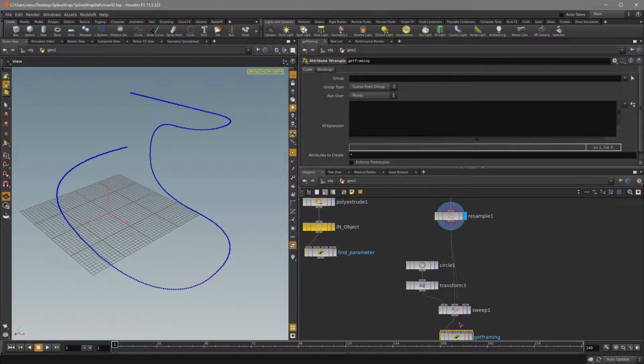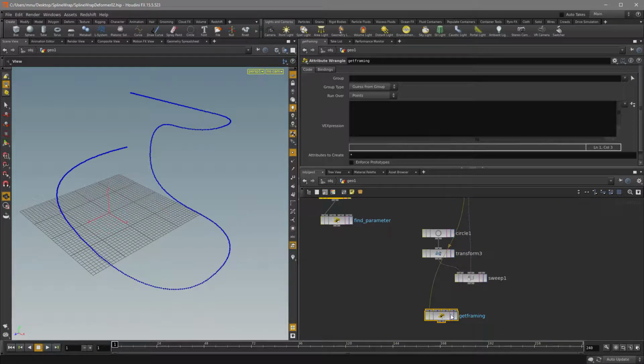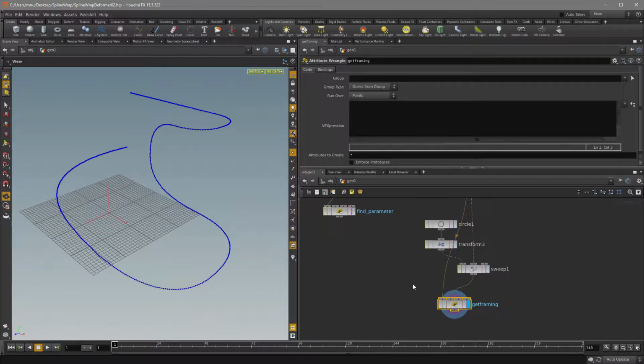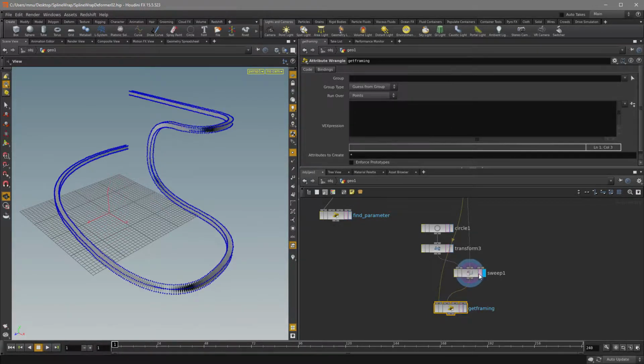So what I want to do is feed the original spline into the first input of this get framing, and run over all the points of this spline, and as a second input I supply the sweep, because for every point of the original spline I want to search for the vectors the sweep generated. So the first thing I need is all the points of these